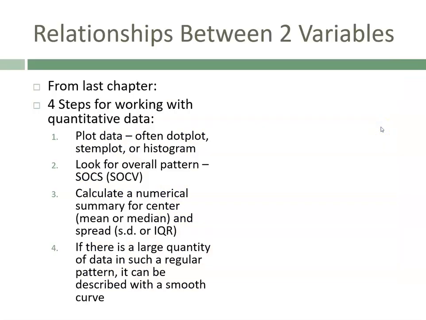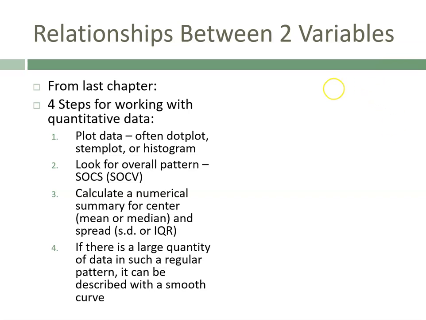Now remember, from the last chapter, we had 4 steps for when we were working with our quantitative data, right? We always wanted to plot the data. It's usually a dot plot or a stem plot, maybe a histogram. We looked for the overall pattern. We talked about our shape, our outliers, our center, and our variability or our spread. We did different numerical summaries that we calculated for both center and for the variability. And then if there was such a large quantity that was in a regular pattern, we used that density curve